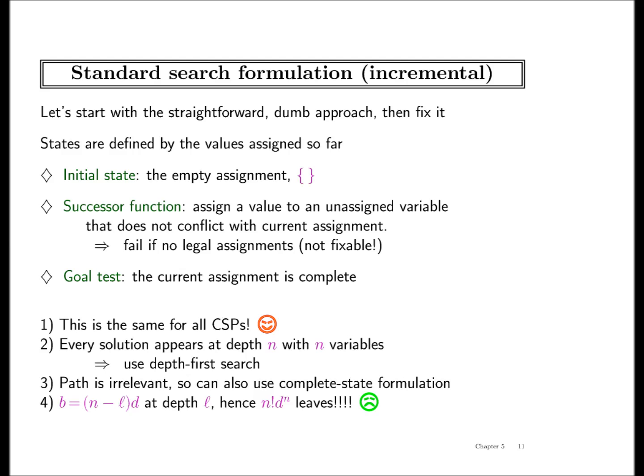If at any point a constraint is unsatisfied, what do we do? We go back to the previous decision that we made, right? And repeat. You can call it depth first search. You can call it incremental search. It's the same.